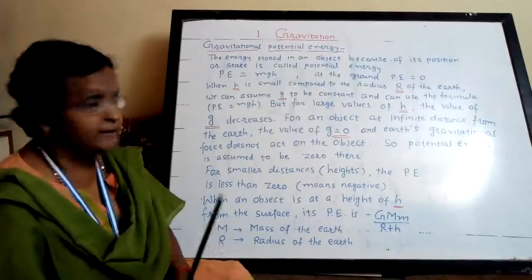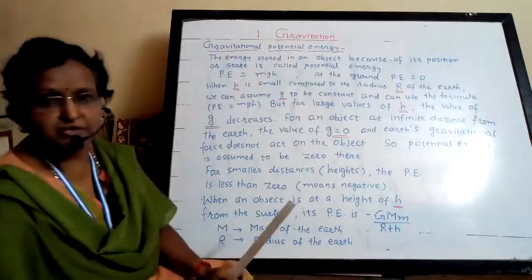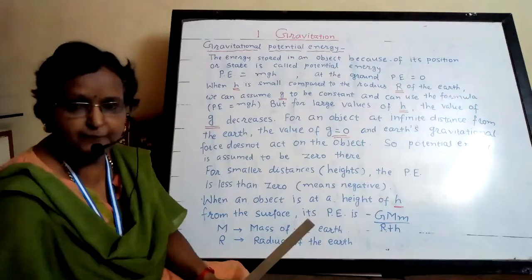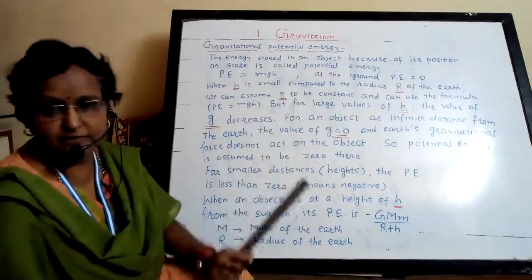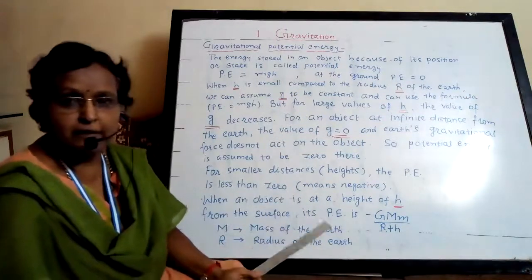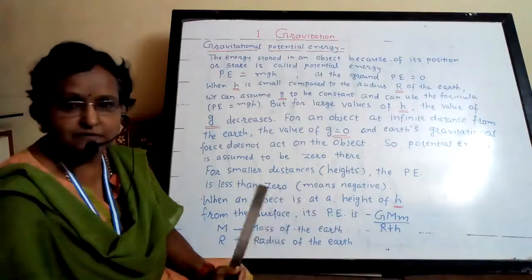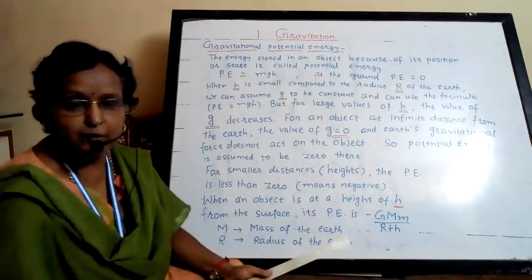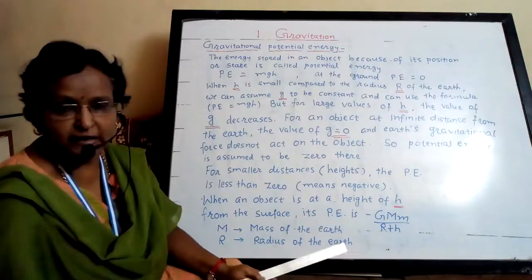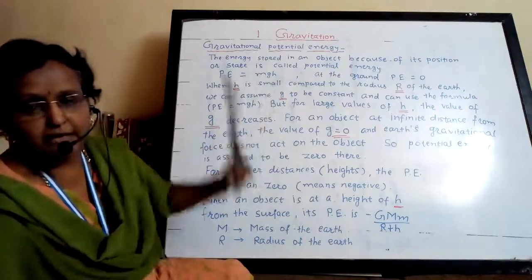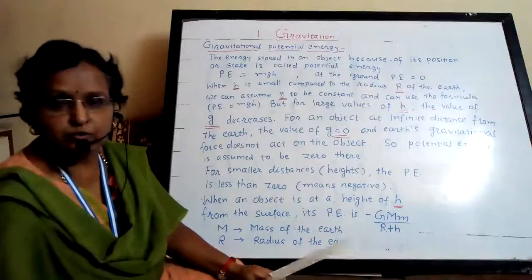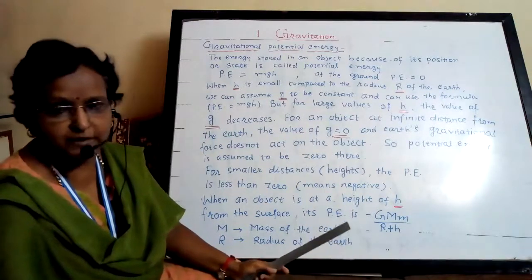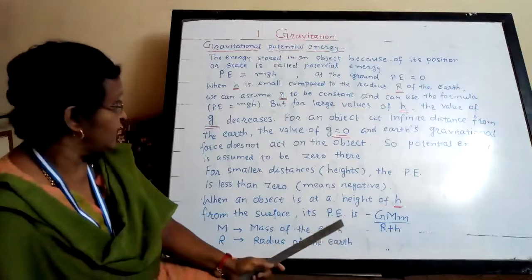Now the next point is gravitational potential energy. We studied last year what potential energy is. We have seen different equations, etc. Total energy remains constant. All these equations we studied when we were studying the law of conservation of energy. So potential energy means energy due to the position of the object or due to the state of the object. That is called potential energy.